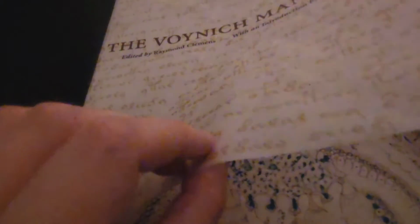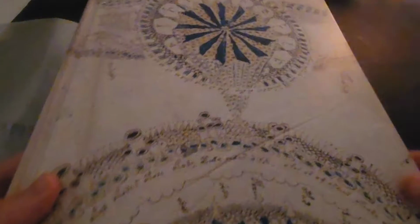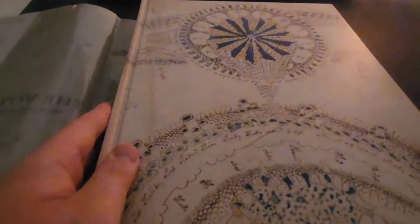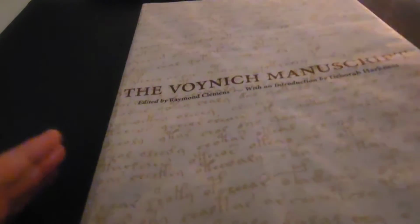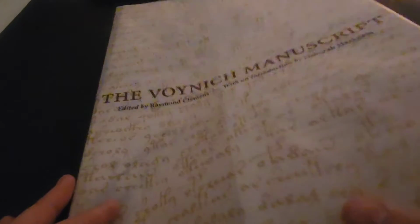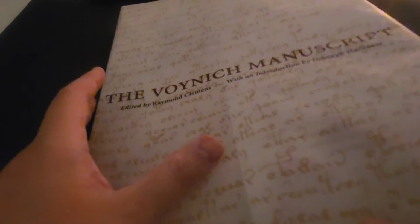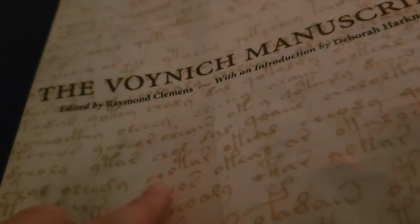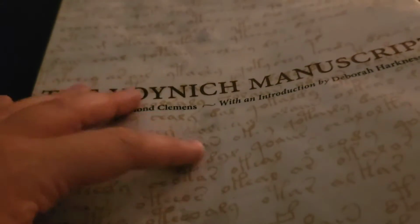See if I can take it off without it being too loud. It is quite crinkly. And then on the cover, you can see it has some images from some of the pages on it. And the dust jacket is, I don't really know, like a plastic, really. It kind of has a parchment paper feel to it, I would say. But you can see that there is this text taken right from the book,